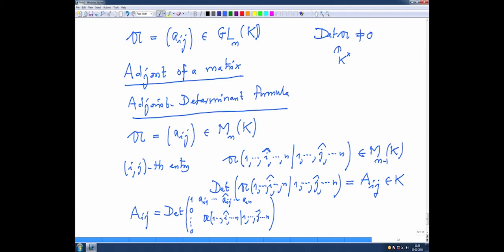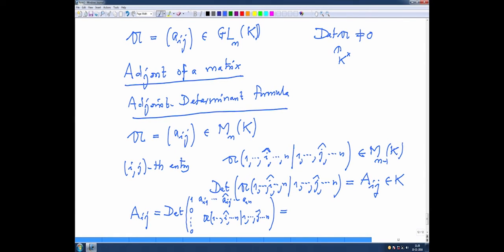And if I want to bring this first column to the middle as the jth column, and this entry 1 to the ith row, then what do I have to do? I have to interchange rows and columns, and if you notice, I have to make i minus 1 interchanges of rows and j minus 1 interchanges of the columns. So this will all together be